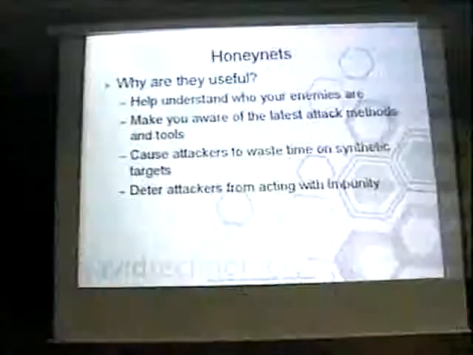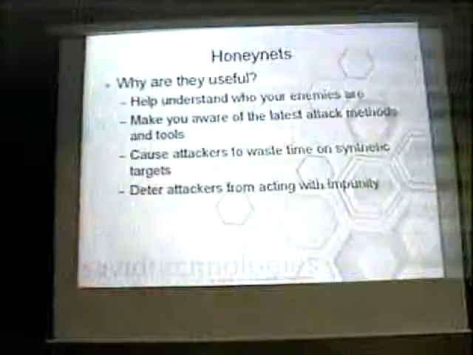provide you some time to learn and prepare for that attack. You see something going on, they're attacking your system, and you say, okay, I can put these little things in place, put these filters in while they're messing around with these synthetic systems, right? And they deter attackers once they find out that there is a honeypot, and I'll talk about that later.